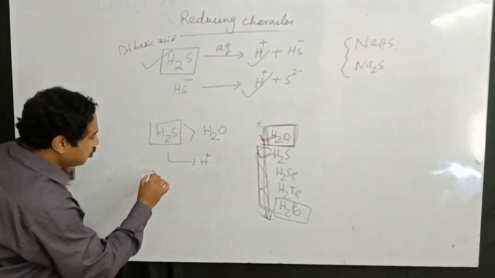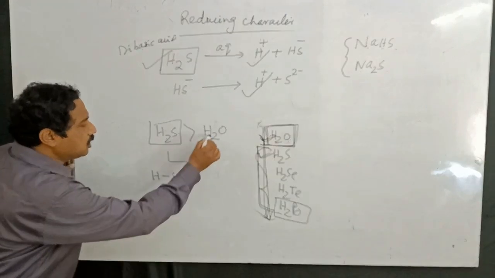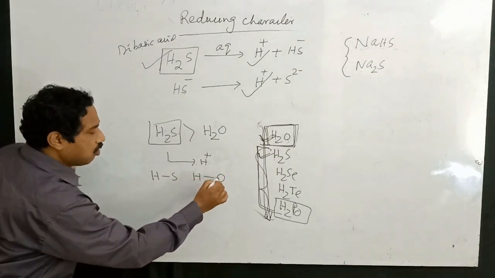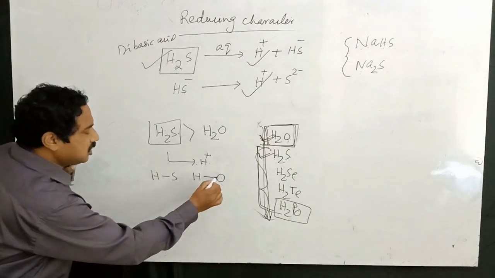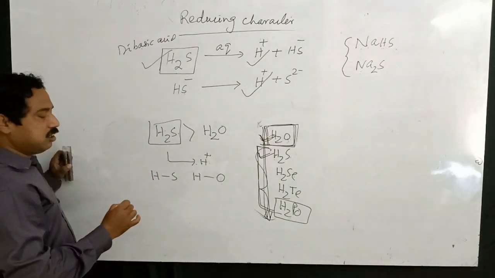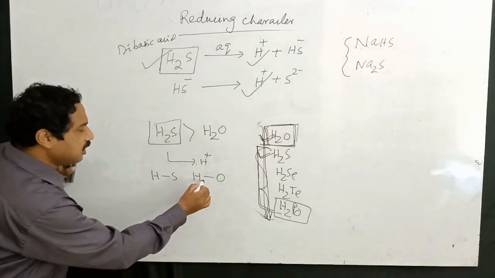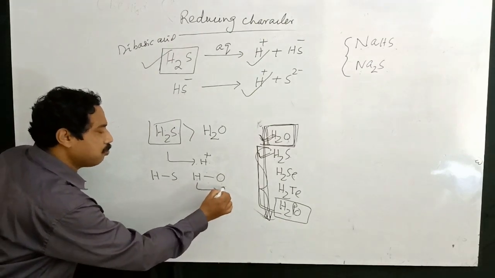In H2S, hydrogen is bonded to sulfur. In H2O, hydrogen is bonded to oxygen. Oxygen, due to its smaller atomic size, has a strong force of attraction with hydrogen, so this bond cannot be easily broken and it cannot supply many H plus ions